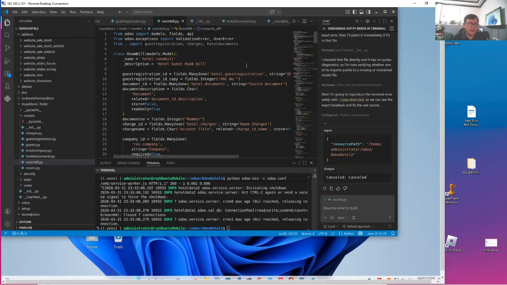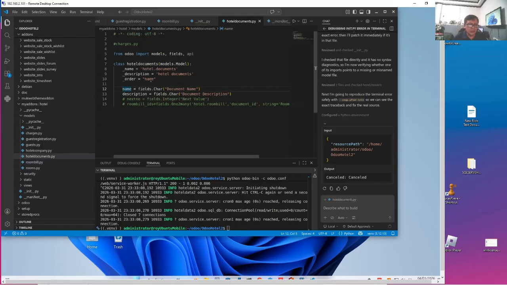Okay, so this is called roombill.py. This stores the hotel bills, no? So it will use other existing models. We will use guest registration, charges, and hotel documents. By the way, I have not presented to you hotel documents. So here it is. Hotel documents will only have name and the description. This stores the payment receipts, the debit memos, the room charges.